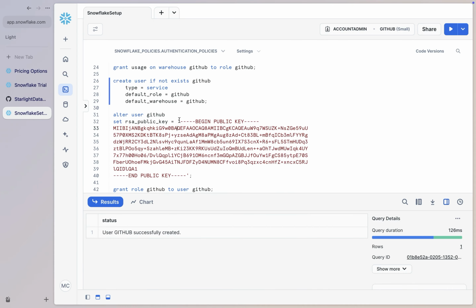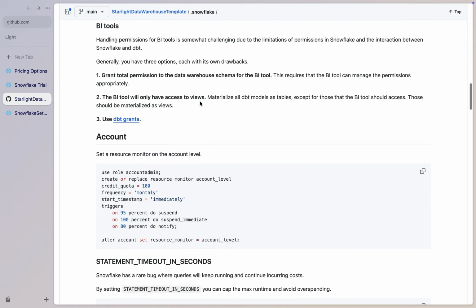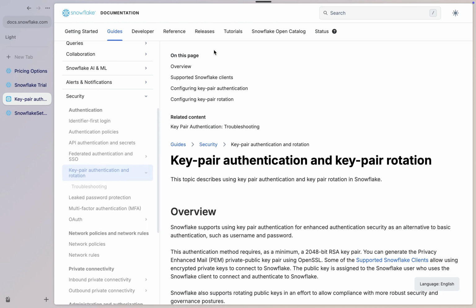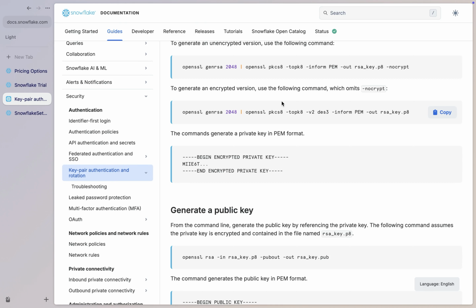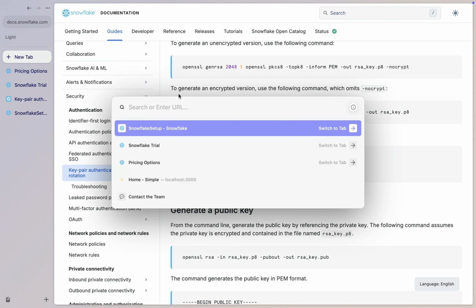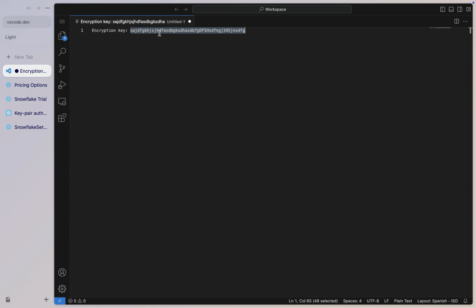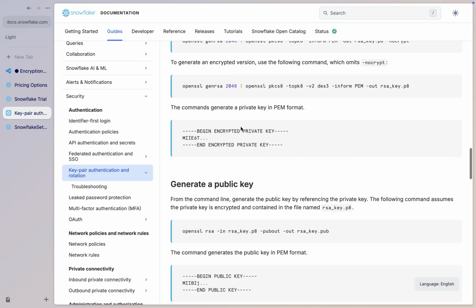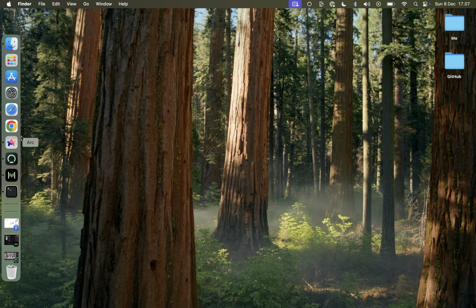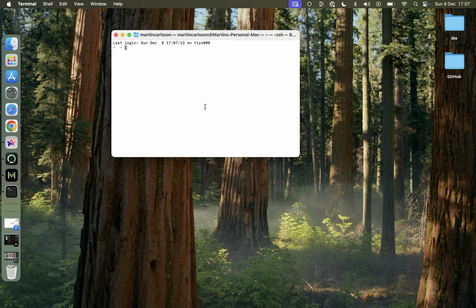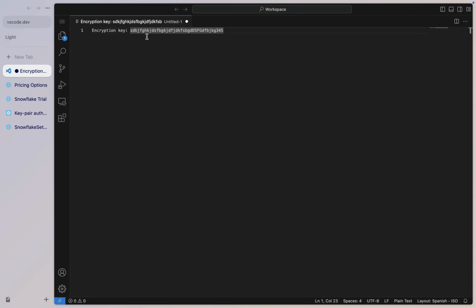And now, how do you use this? If we go in here, scroll all the way up, open this one, you can see here's a guide on how to create a public and private key. We will do it encrypted, so we need to create an encryption password. And let's just bang on the keyboard a lot. And then go back here, copy this, open the terminal, go to your desktop, execute the code, copy this,